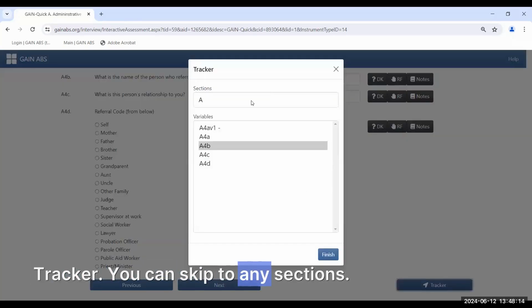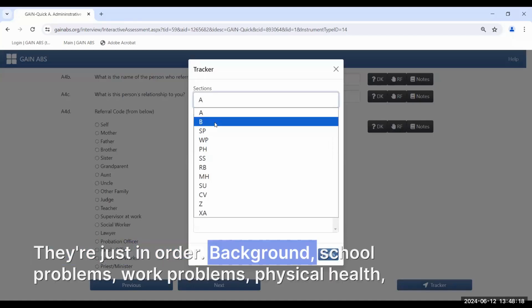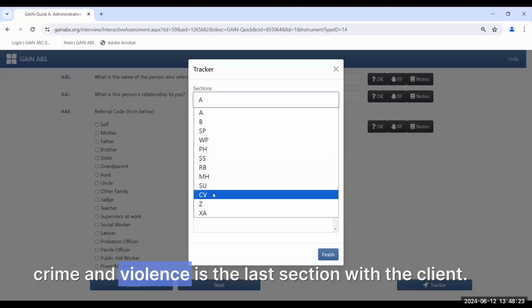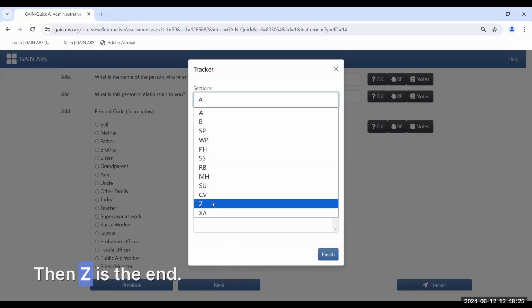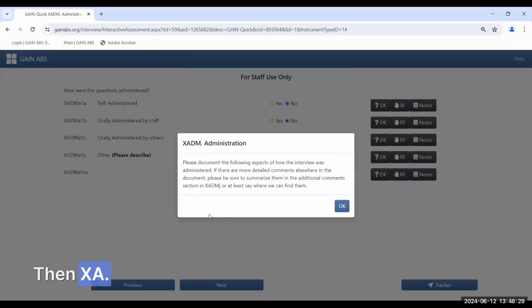With the tracker, you can skip to any section. They're just in order: background, school problems, work problems, physical health. Crime and violence is the last section with the client. Then Z is the end. You tell them thanks, that's all the questions we have. And then XA,